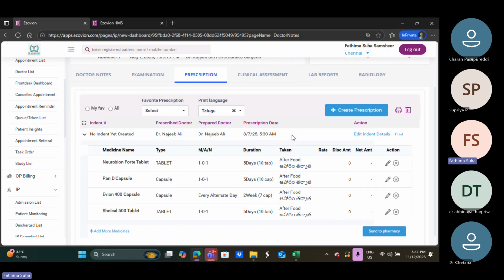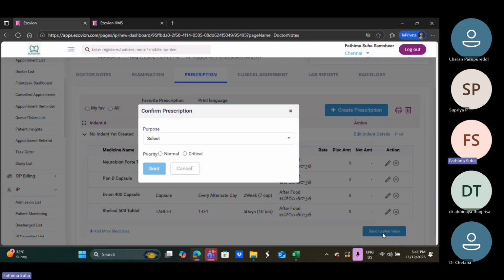And now from here itself you can send. To take a print, you can click on this print icon, and after all the medicines have been added, you can click on this send to pharmacy. Once you click on send to pharmacy, you need to confirm this prescription by mentioning the purpose of this prescription,